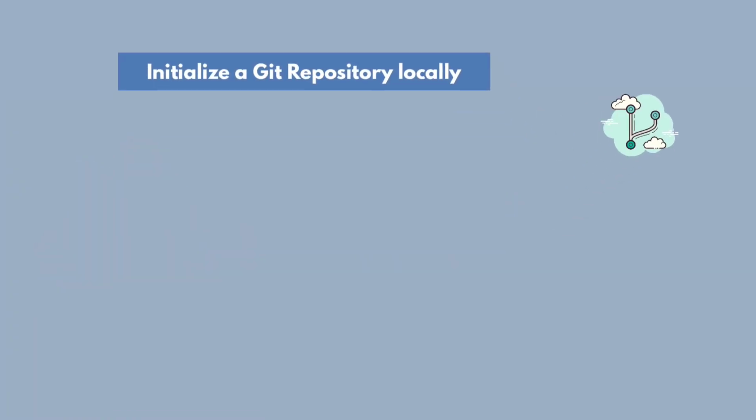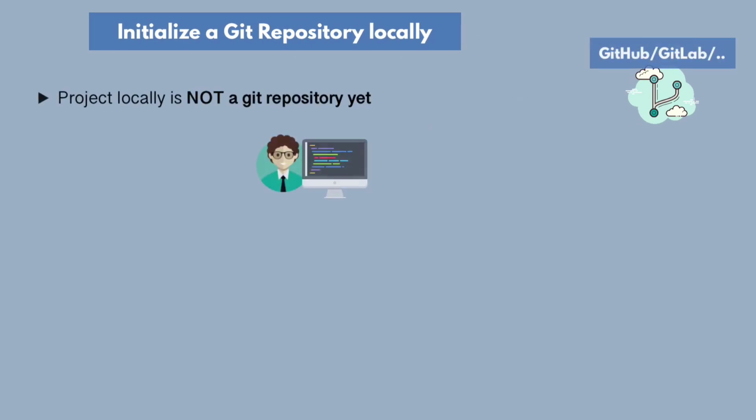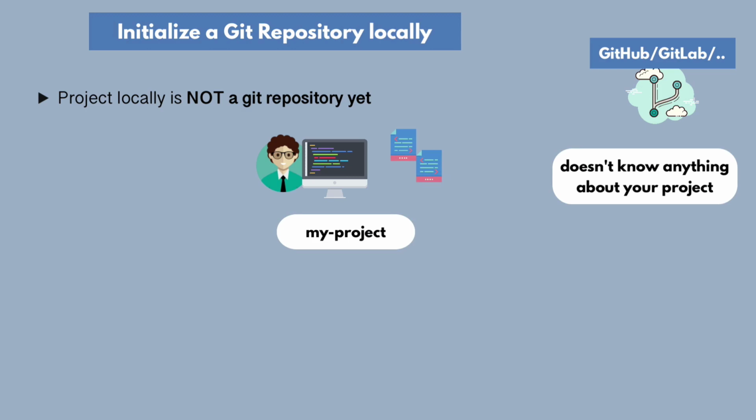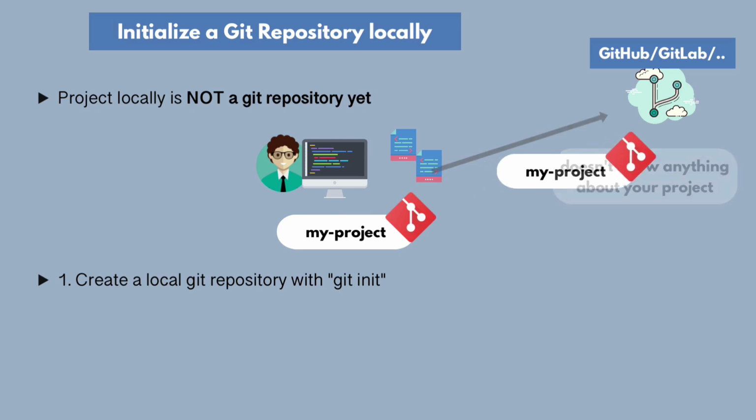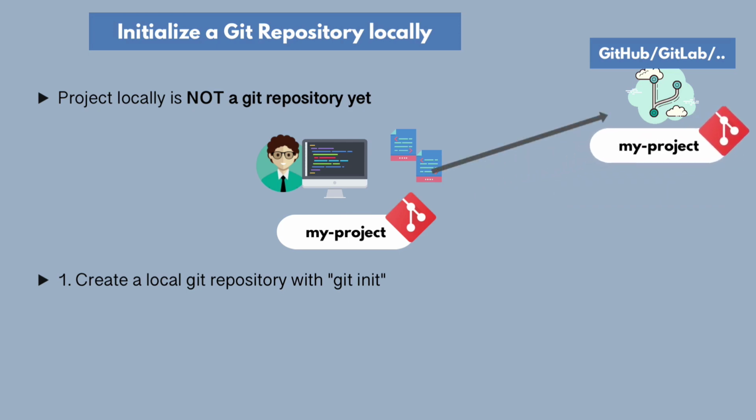Now, what if you already have code locally? Let's say you created some boilerplate code and you want to check it into a Git repository instead of cloning an existing one. In that case, you can create a local repository in your code and then push that local repository to the remote. And this can be a pretty legitimate use case,